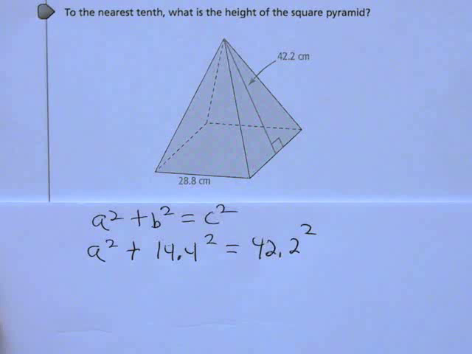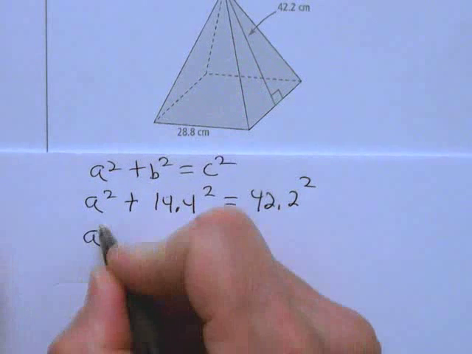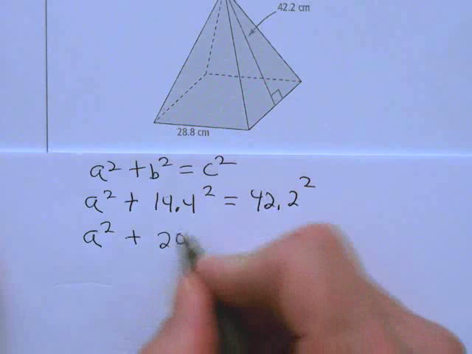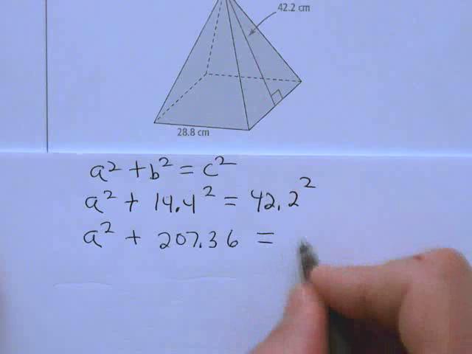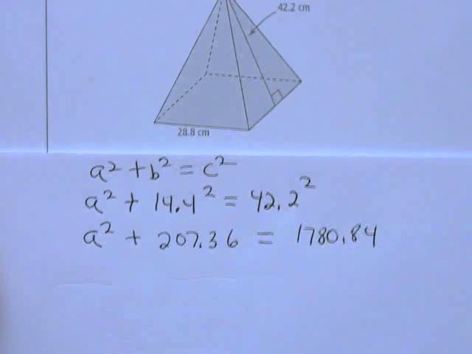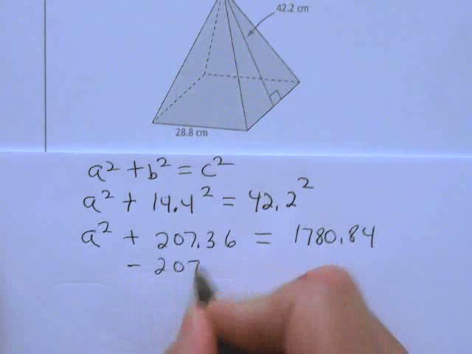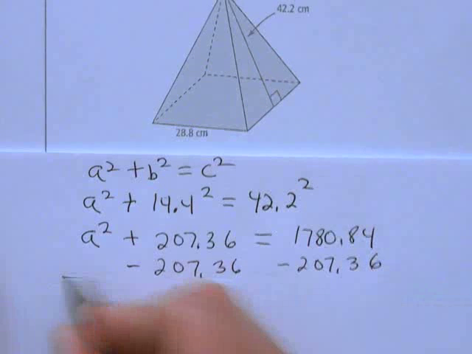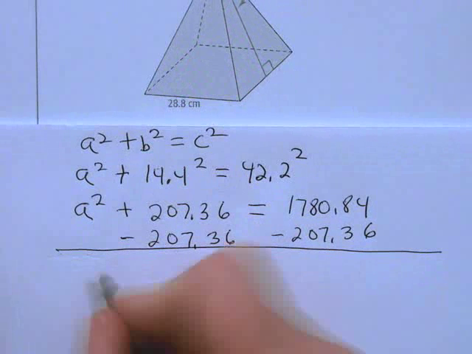All right, once again, I'm going to slide this up, and using a calculator, not for a squared, of course, but 14.4 squared would be 207.36, and that would equal 1,780.84, which is 42 2/10 squared. I'm now going to subtract from both sides 207.36, and the result of that subtraction, sorry guys, just have to slide this up, it's going to be a squared,